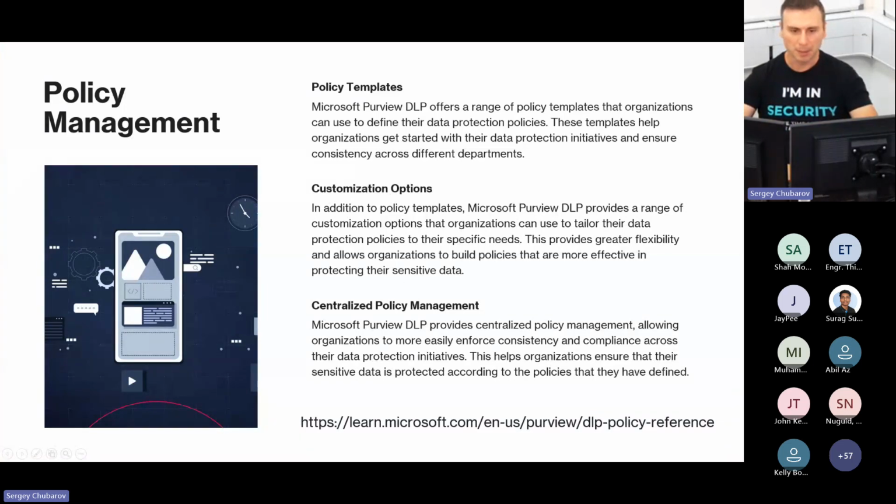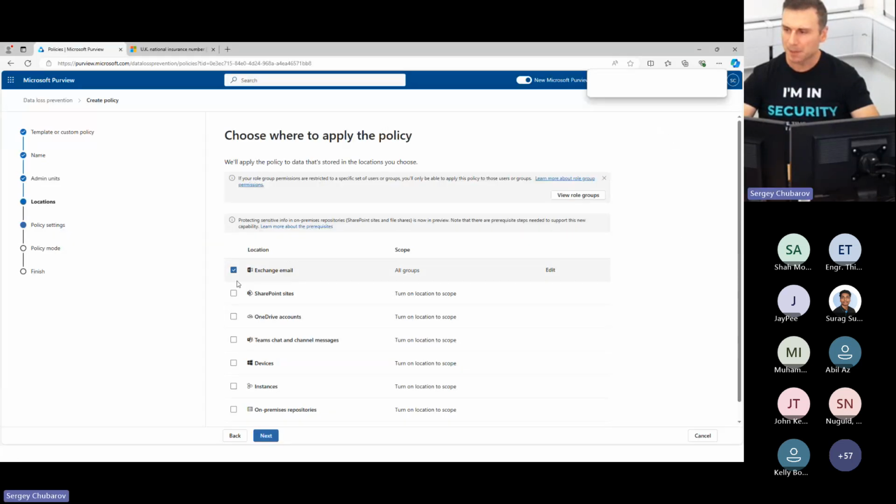All right, let me go back to locations. And let me start to explain to you different locations and different effects. So for the first three locations,